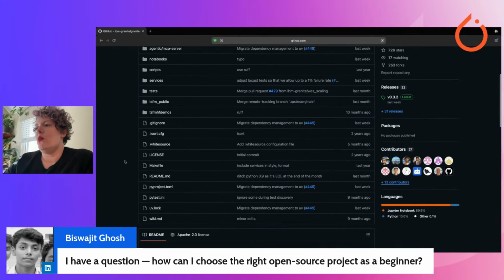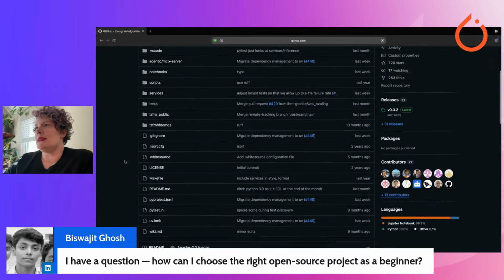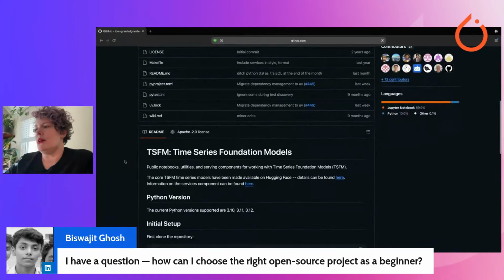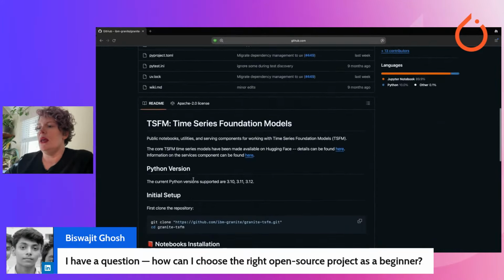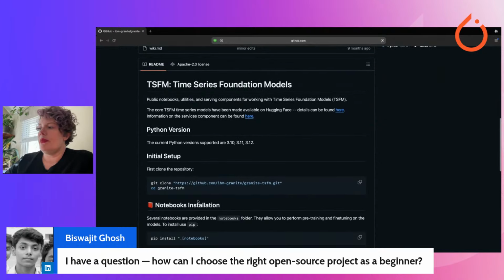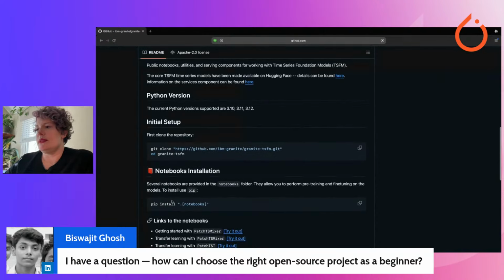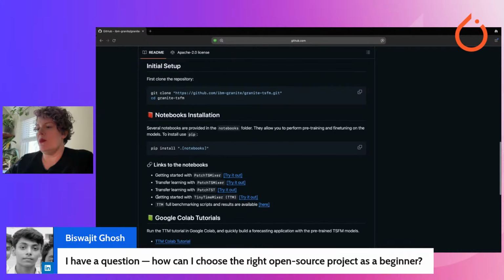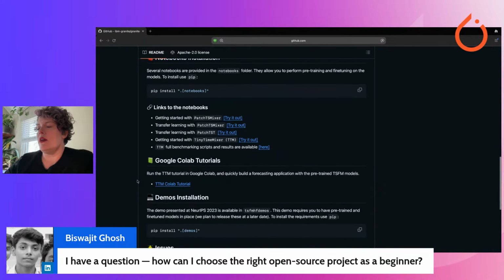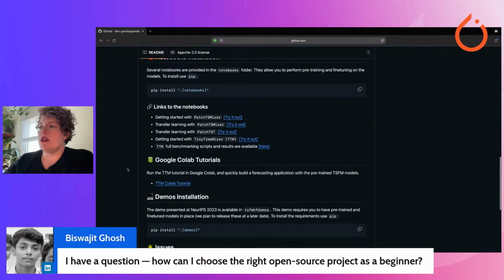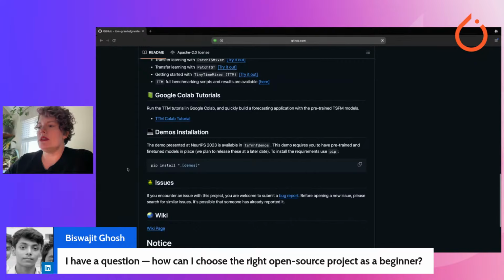And then you might want to take a look at the project to see, okay, what's in the README? Does it have initial setup steps? Are there steps to getting the notebook installed? Are there any tutorials? When you're getting started with a new project, you want to see what resources are already there that will make it easier for you to get started.